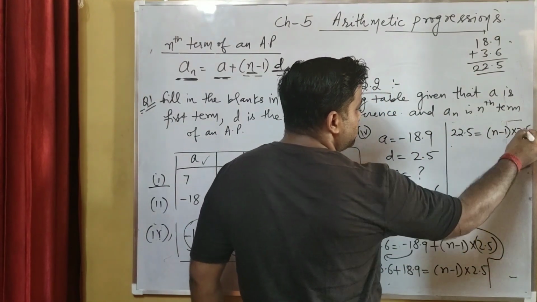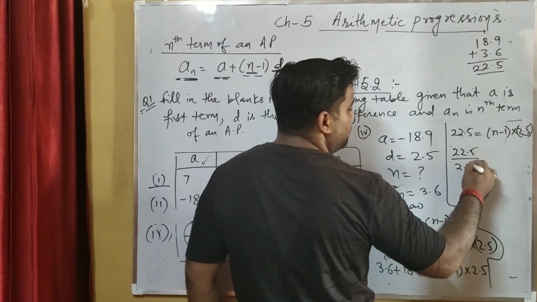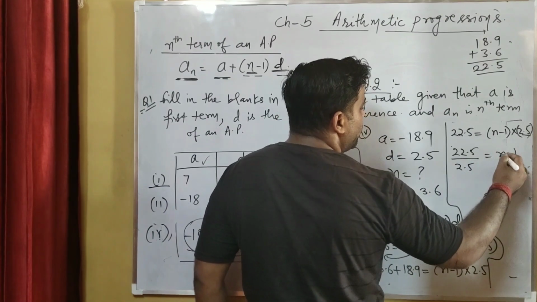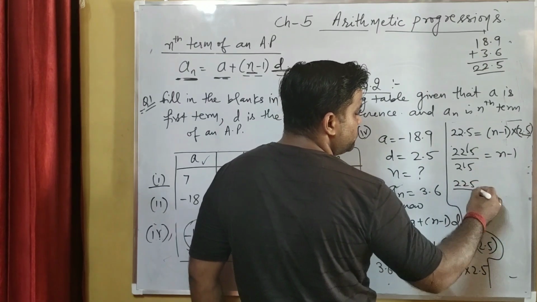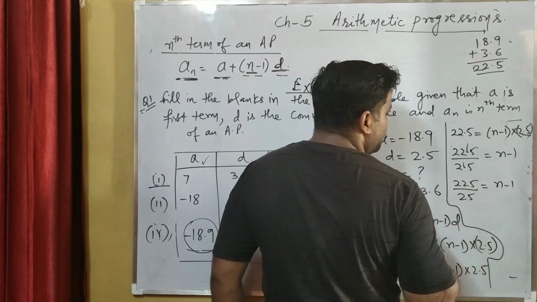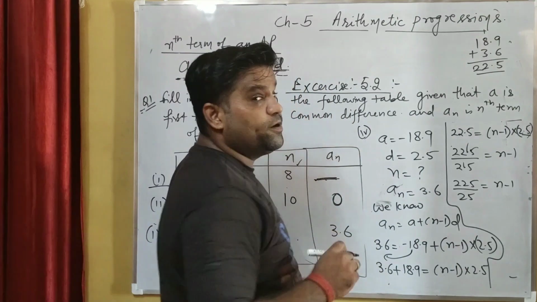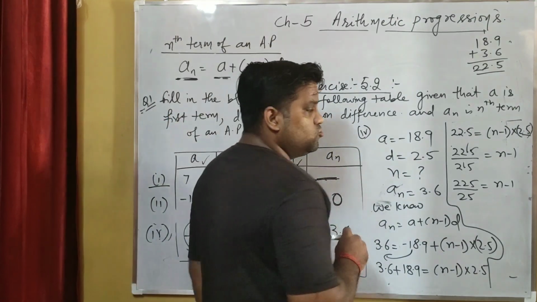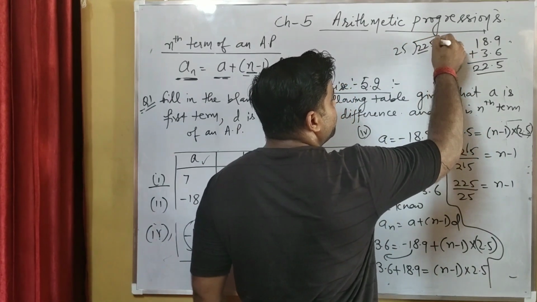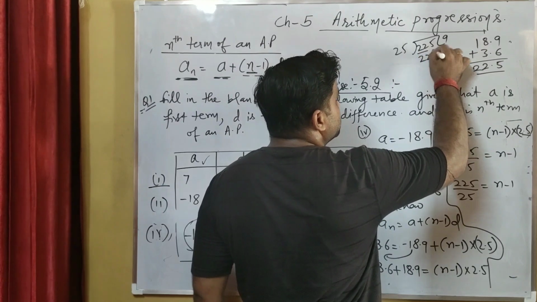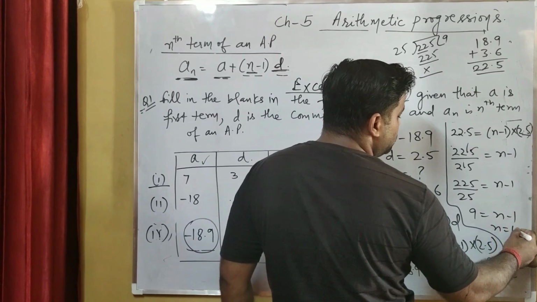So on solving, that term is in multiplication, so it comes in the denominator. Here the sign will be removed, so we are left with 225 upon 25. So n minus 1, that goes in the table of 25 how many times? Can you guess it? You can divide 225 by 25, so it goes in 9 times. So 9 equals n minus 1 and n equals 10.